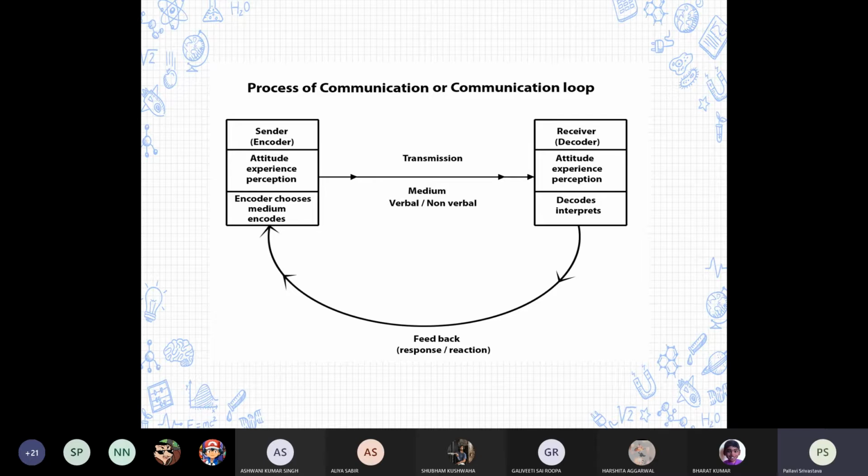But as you are present here, I can see that my message was taken positively in the same perspective as I intended, and I have got this response or reaction by looking at your attendance. How many people have turned up for this lecture. I can see how many of you have taken it in the positive way and how many have taken it in the negative way. So this feedback is going to give me a kind of experience again, that if I keep a lecture on holidays, what kind of response I'm going to get. Okay.